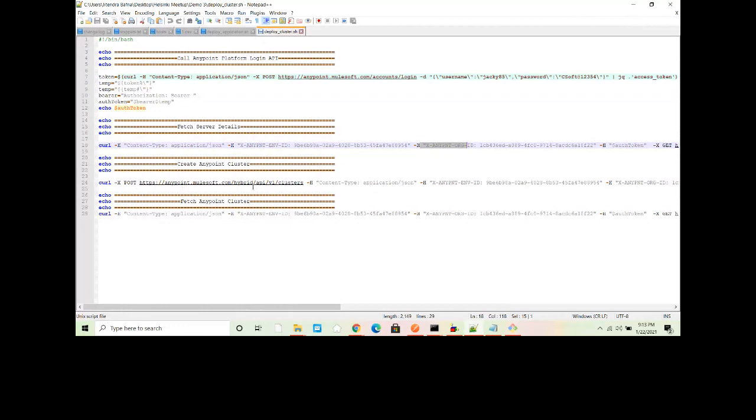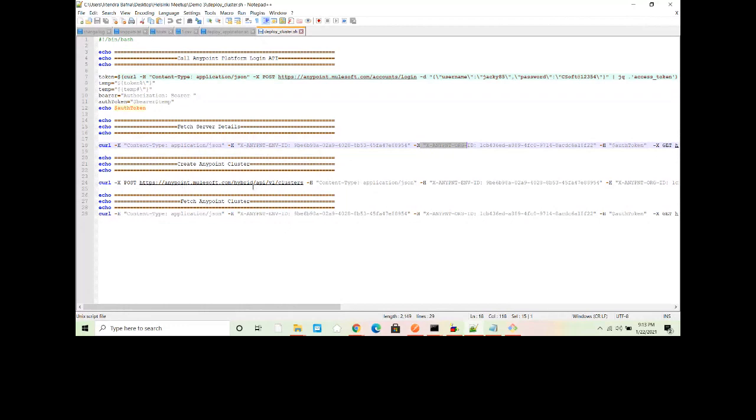There's one problem with the MuleSoft developer portal, one issue I can tell you about. Keep in mind, I faced this issue a lot of times. So what is that issue? If you see in this payload, this ID is wrong. It's a server ID. Instead of ID, you have to mention a server ID. Keep this in mind, because I have done that.